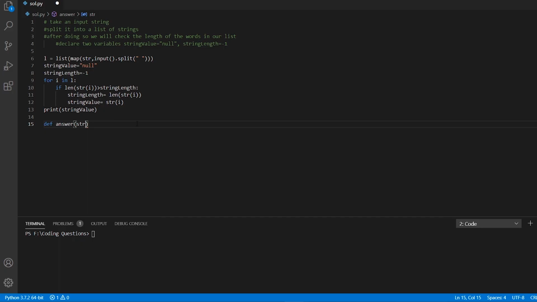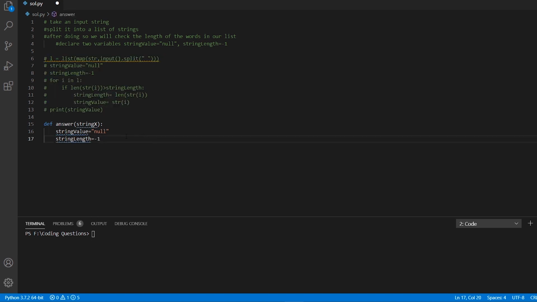So we write define answer, and it will consist of our string, say string x, and then we set two values already. As the ones we have used here, let's just copy them here. So you have these two variables which you have declared inside of your function, and since in the above code we were taking the input and converting it into a list, it is a little bit different in this case.